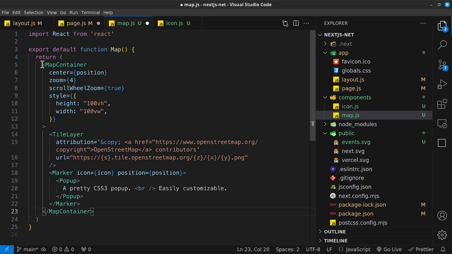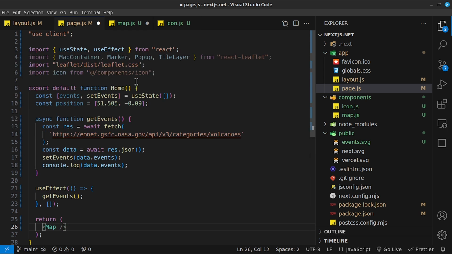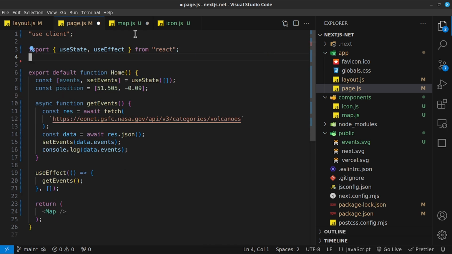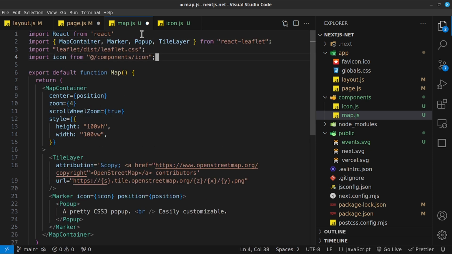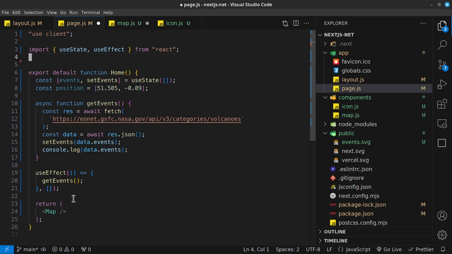I want to return what I had cut. And then we need to import these components. Let's just simply go ahead and grab them from here. So all this, grab it, cut it out, and paste it here. And then when I save that, I can go ahead here and auto import it,